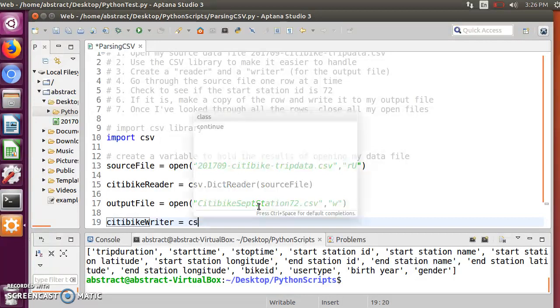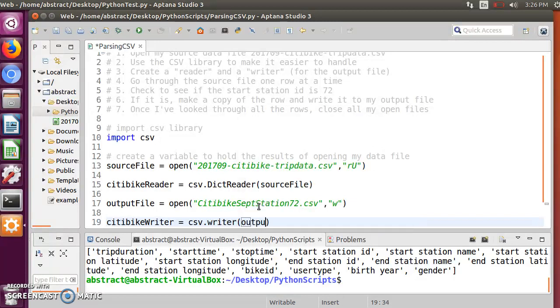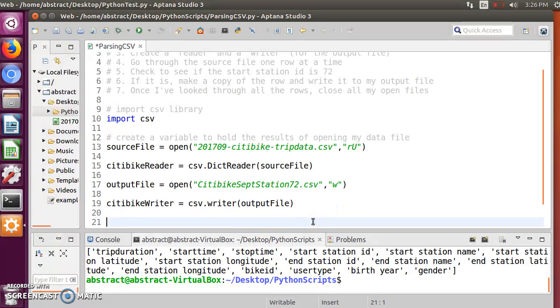Okay, so in this case, again, I'm going to the city CSV recipe book, but in this case, it's just writer. And again, what am I creating the writer with? I'm creating it with that new file that I made and put into the box labeled output file. So I've created the space for that file, and now I'm going to convert it to a writer. And I can test to see if this works by now trying to write a row to it. And the row that I want to write, of course,